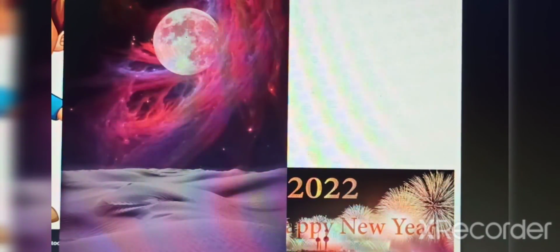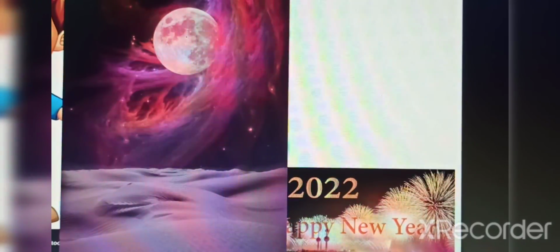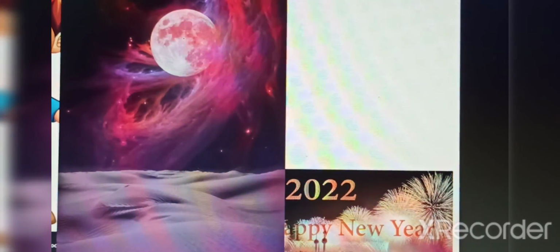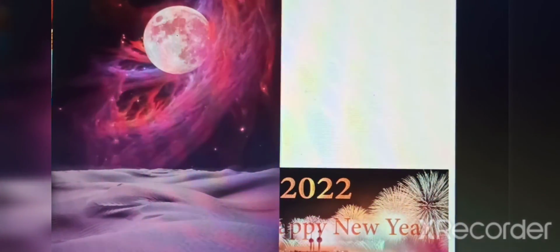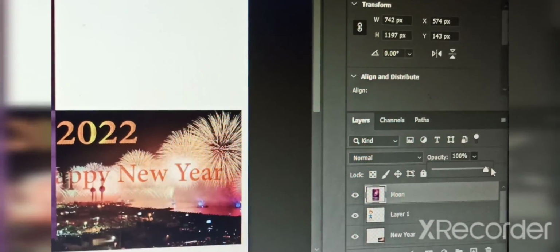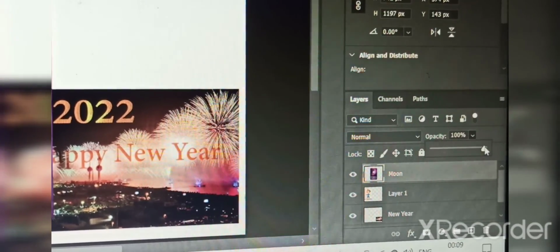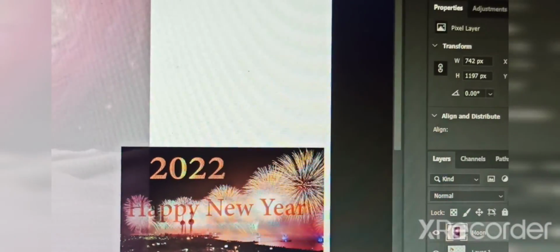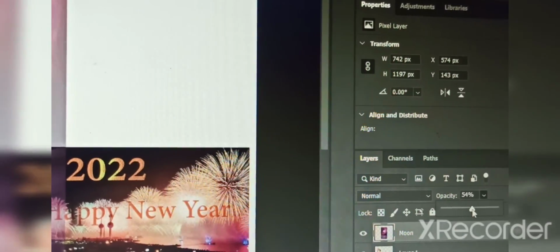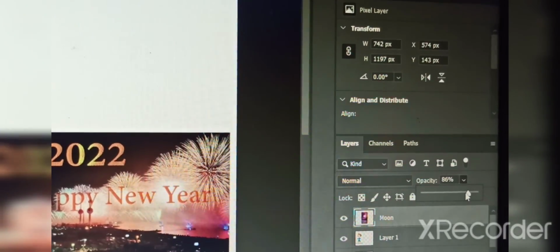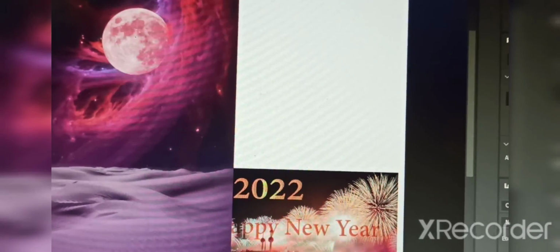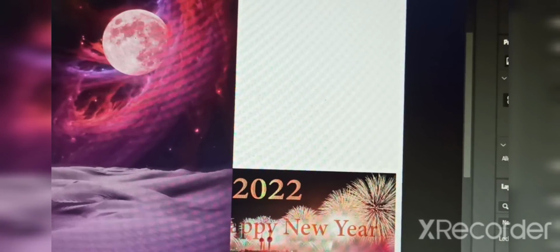Adjusting the opacity of a layer lets the elements in the layer below appear. Opacity is the opposite of transparency. When we decrease the opacity of a layer, we increase its transparency. As we decrease the opacity, the transparency of the image will increase. As we increase the opacity, the image is also clearer to us. Got it? That is how we change the opacity of a layer.